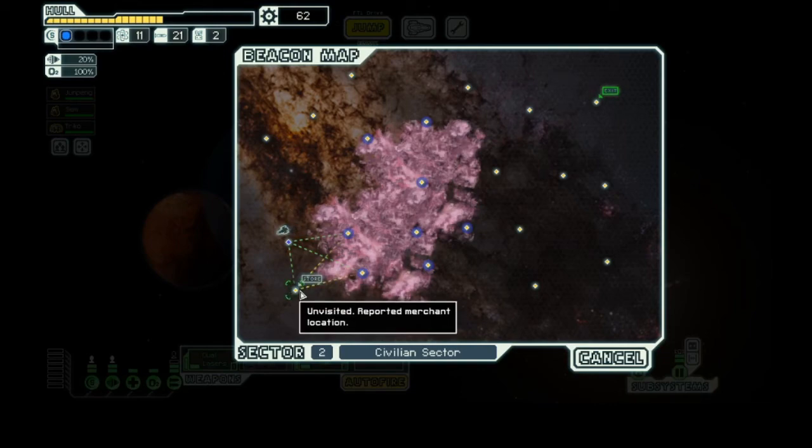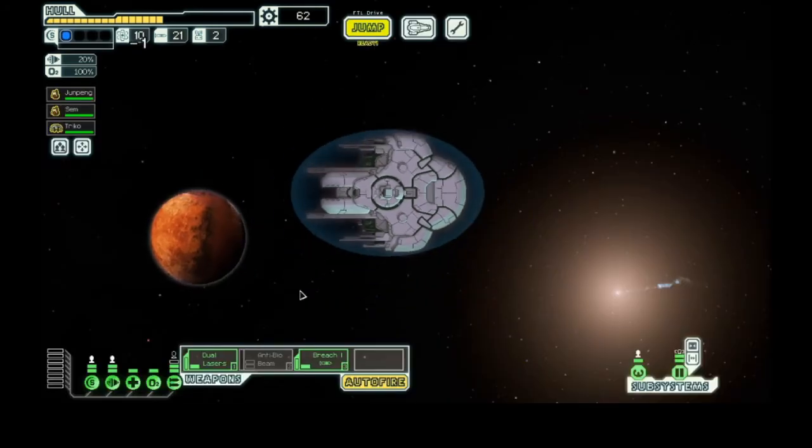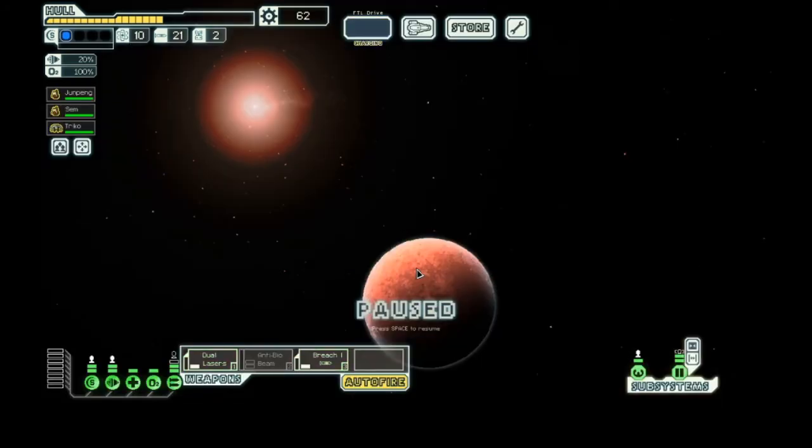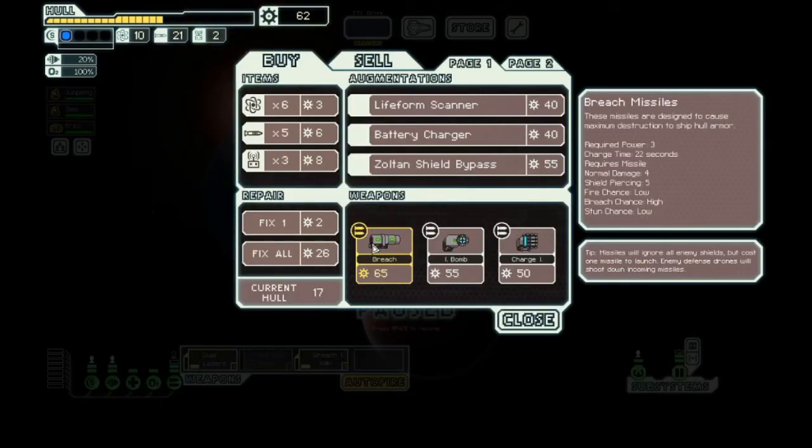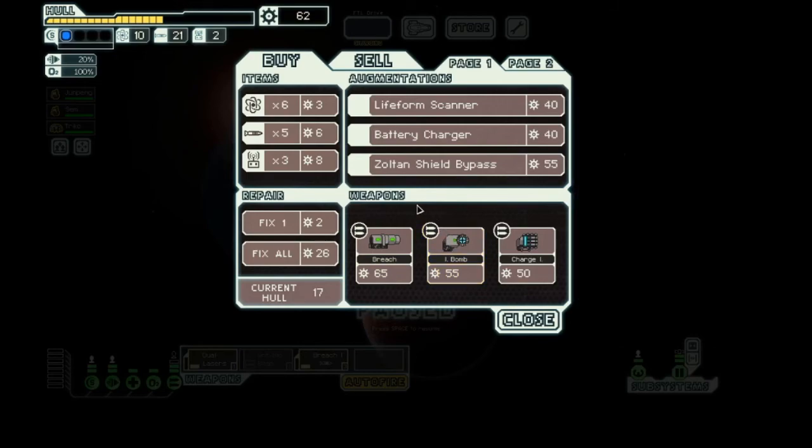And we do have a store right here with 62 scrap. We're going there. A ship engineer set up a small shop here. You don't say. Alright, what do we got? Okay,